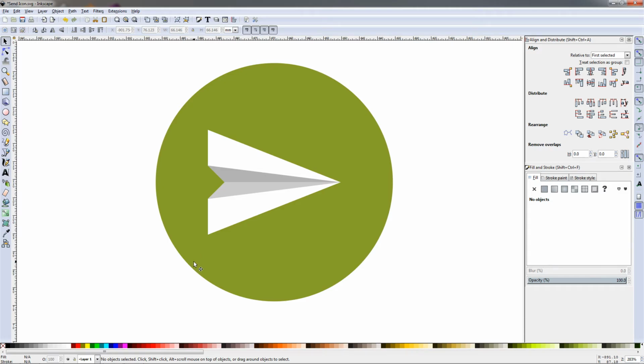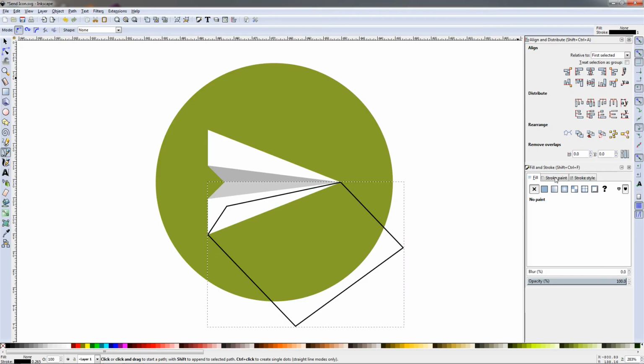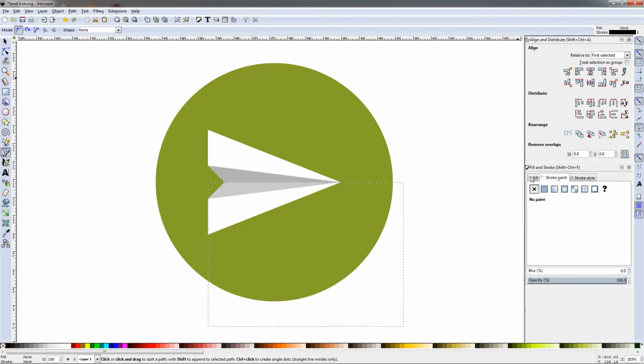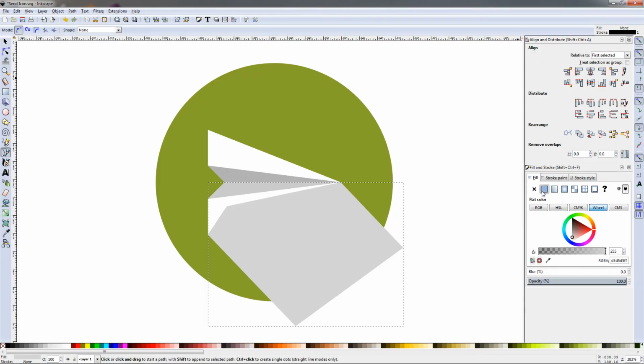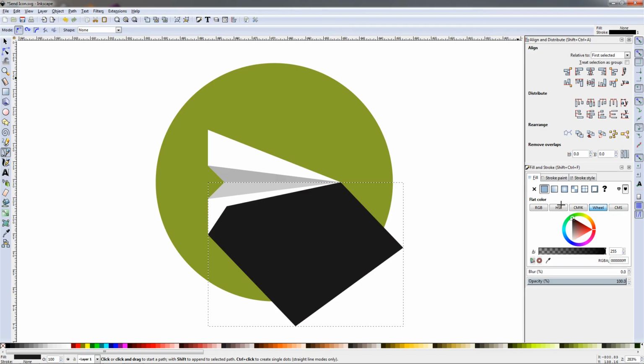Now our next goal will be to add a shadow. To add a quick shadow, we can grab the Bezier tool, click around here, this will snap to the node of the white object, then click outside of the background like this, click around here, then click on over at the edge here to snap on that, then somewhere inside, and then close this, going back to the stroke here, removing it, going back to the fill, adding flat color, and I'm going to add a black flat color,